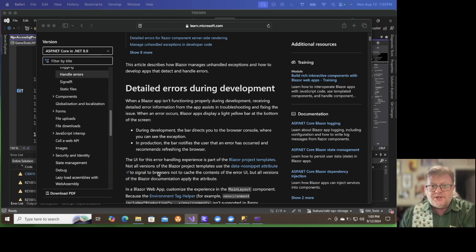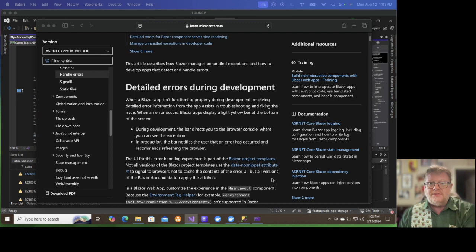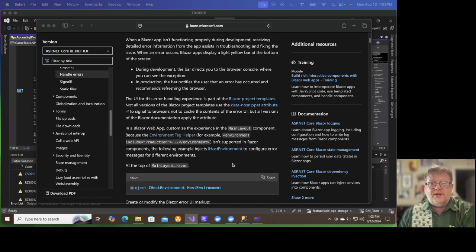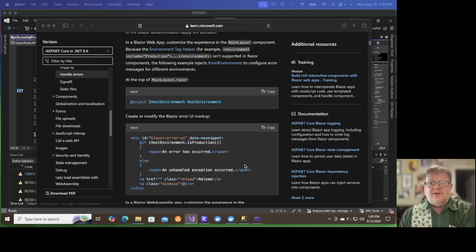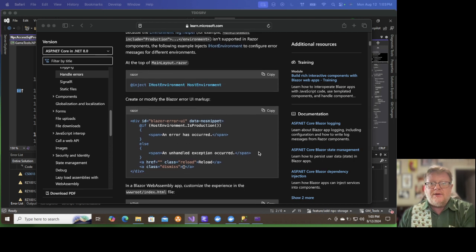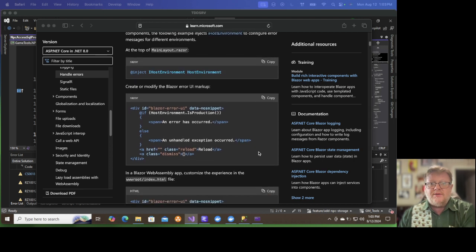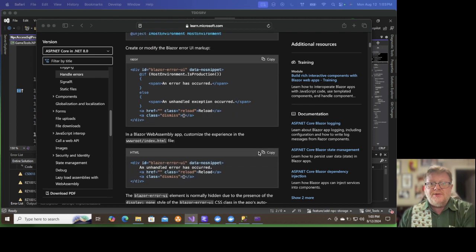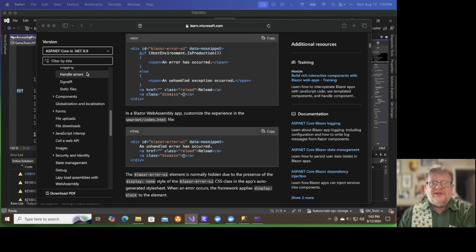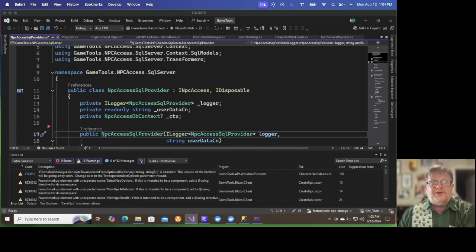As part of the Blazor project templates, use the data snippet, environment tag helper. Support of the Razor components by host environment, and so on. An error has occurred. Reload, dismiss. Okay, I believe we've got all that stuff. I'm just going to pull this over here real quick